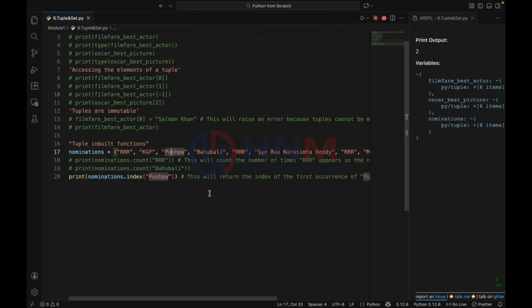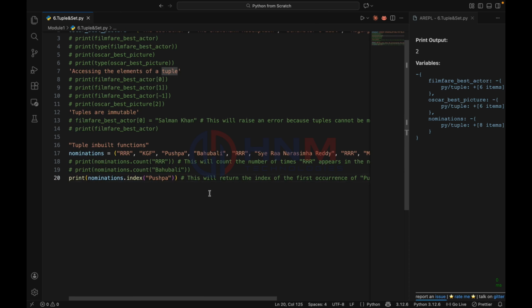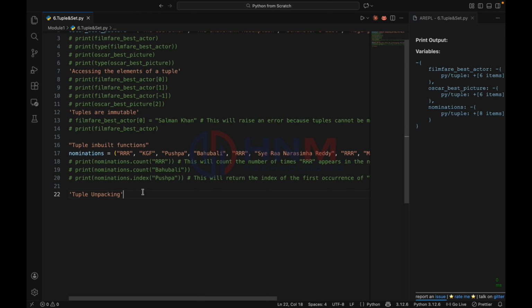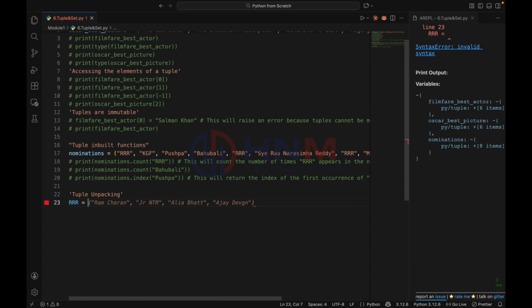Okay, now the one important thing we need to cover is tuple unpacking. Here is the coolest thing, tuple unpacking. Imagine your movie database stores each film's core info as a tuple, like the title and other details.